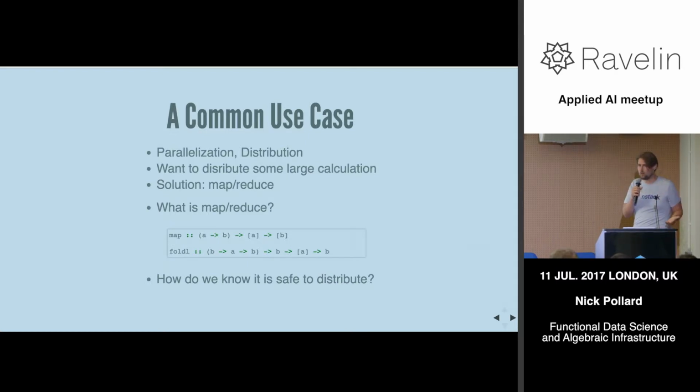MapReduce, you're probably all familiar with, but if you're not, very simply, you're going to map each input in some collection to calculate something, and then you're going to collate the results in some other way. In Haskell, with its powerful type system, we would define these through two functions, map and some kind of fold. This is a foldl, which is very similar to reduce, but a slightly different sort of encoding